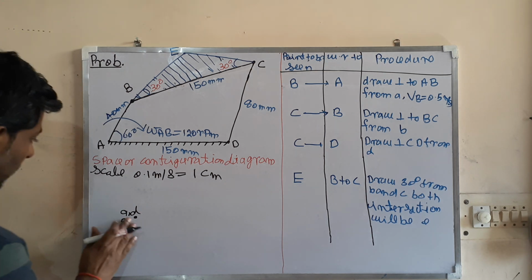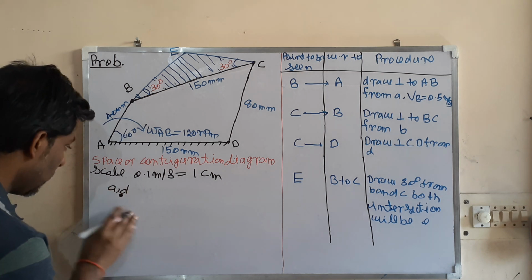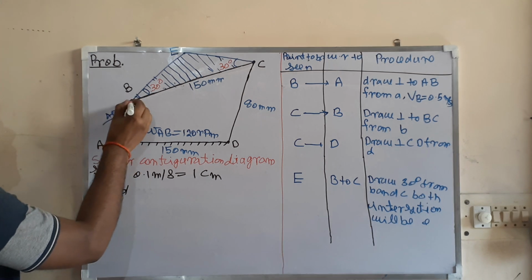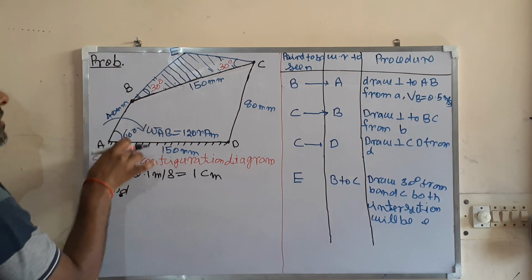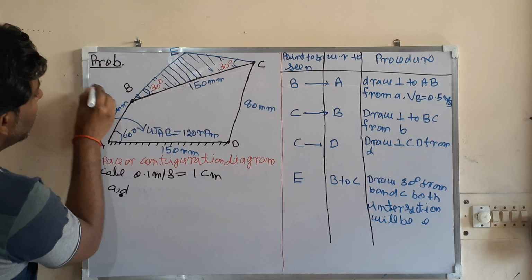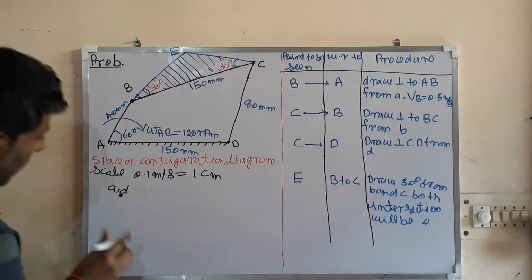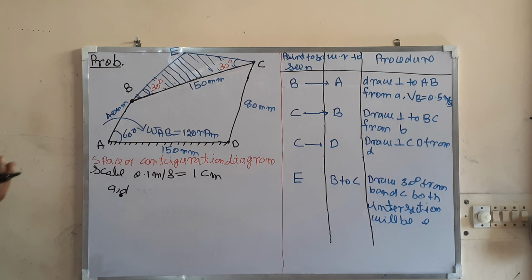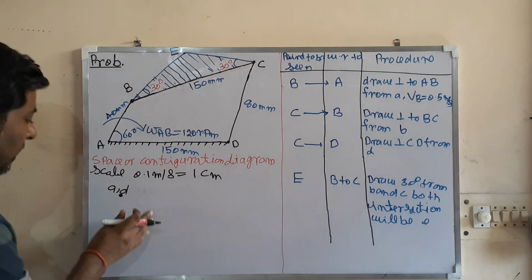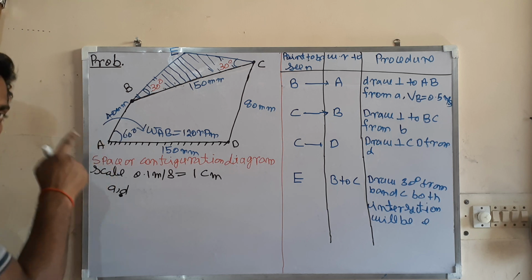Let us see. Let us move this up a little. Our reference point is here. So the velocity of point B, when you are looking from A, will be perpendicular to AB and in the direction of rotation. Already I have told. So that will be in this direction. So perpendicular, draw a line from this by using a mini drafter or using the set square. You can draw the parallel and perpendicular line. I am using the mini drafter for making the note. So perpendicular to AB. So you are looking from A. Then you draw from A.